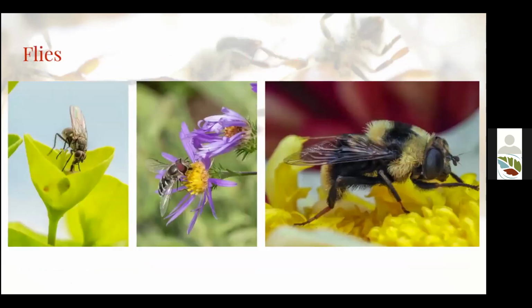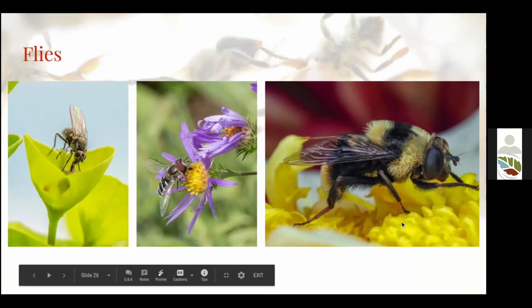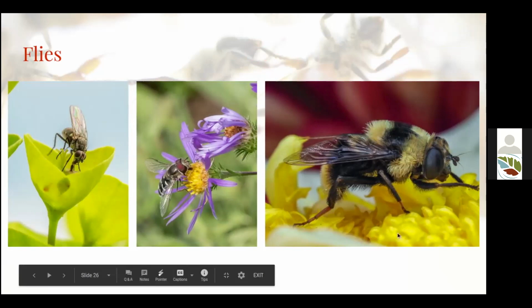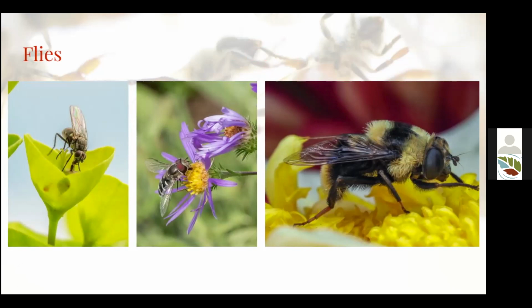All right, so flies are also an important group of pollinators for us to consider. And flies are also incredibly diverse, and some are nectar feeders while some are not. So some are pollinators and some are not. But often there are many different species of fly that are bee mimics. And so these would be things like syrphid flies or the bombyliad here, where they're mimicking the morphology, or they're looking like a stinging insect while they are not. But they are important nectar feeders that do pollinate.